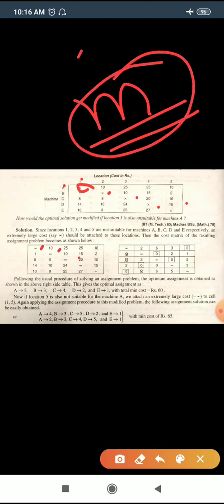Another case of the assignment problem is the prohibited route. That means the first person cannot perform the first job. So we can mark this with a cross, or we can mark it by M also. That means these are restrictions. If any person cannot perform any job, then in the cost table we mark infinity or M. In this particular question we mark infinity. That means this person cannot perform this job. So using the M or infinity mark in the cost table, we solve the problem.